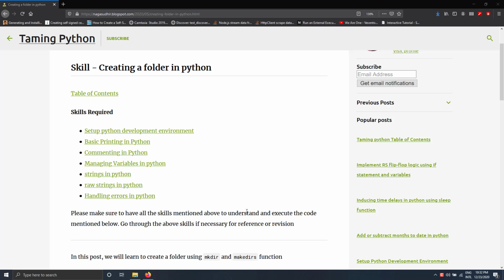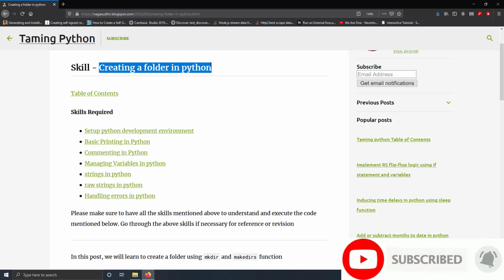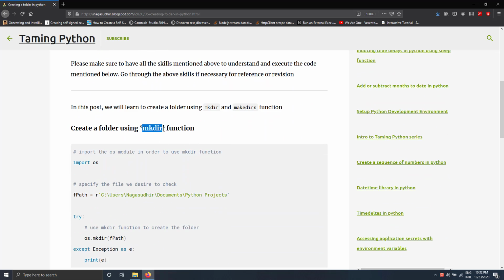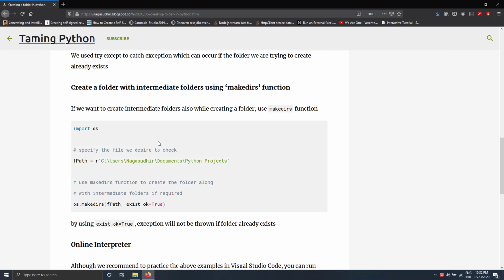In this video, we're going to talk about creating a folder in Python. So how do we create a folder in Python? That's the topic, and it's pretty simple, guys. You just use the function mkdir, which is also called make directory, or else you can use the function